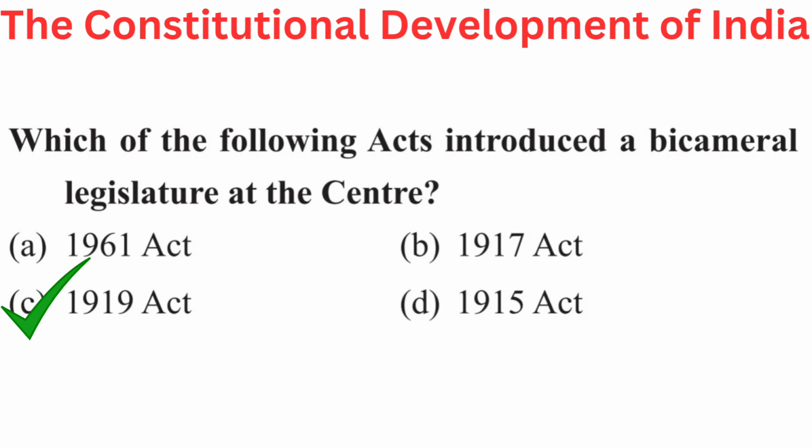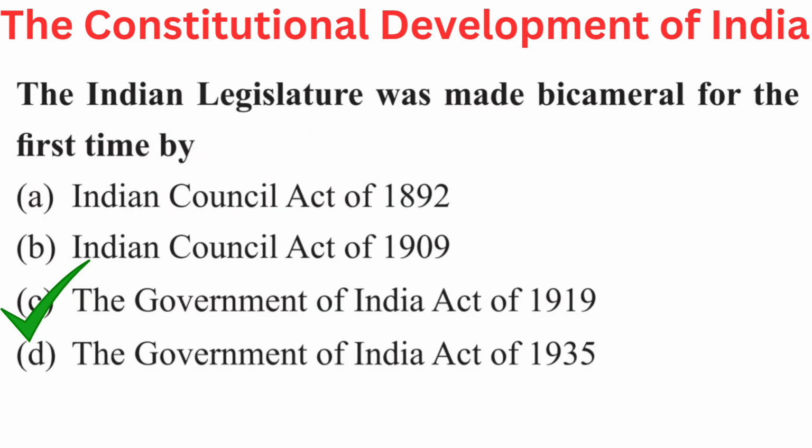Your options are A. 1961 Act, B. 1917 Act, C. 1919 Act, or D. 1915 Act. Right answer is C. 1919 Act. Your question is the Indian legislature was made bicameral for the first time by. Your options are A. Indian Council Act of 1892,